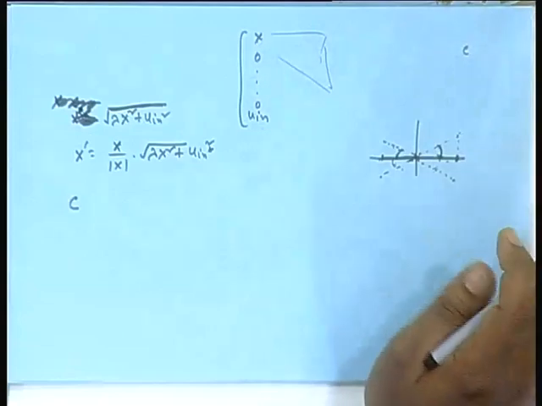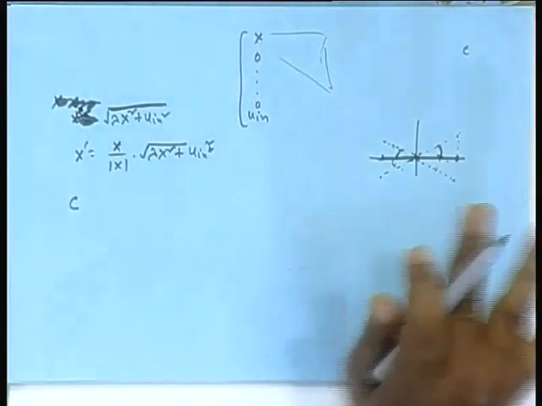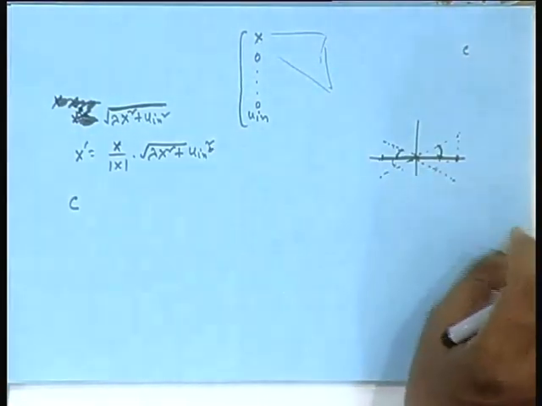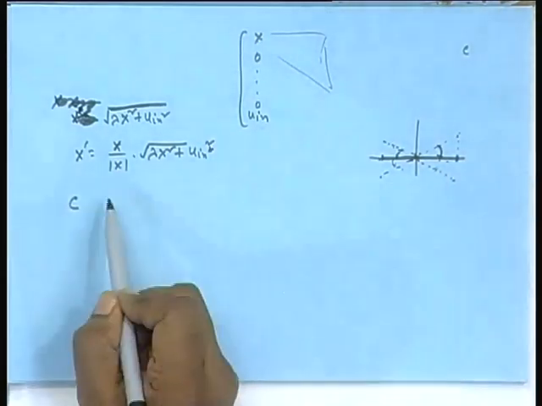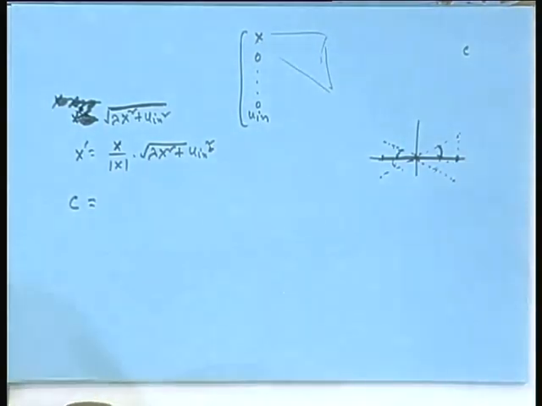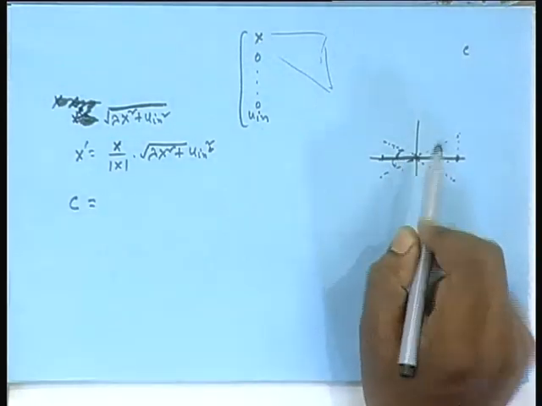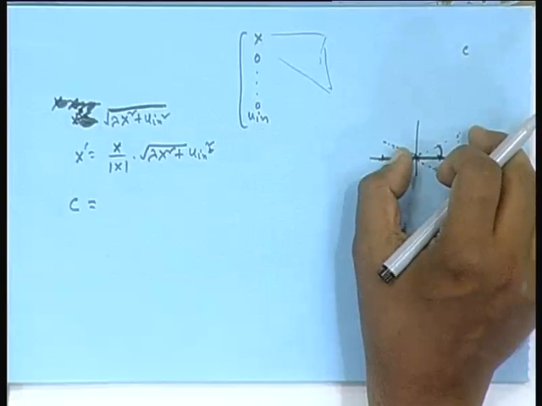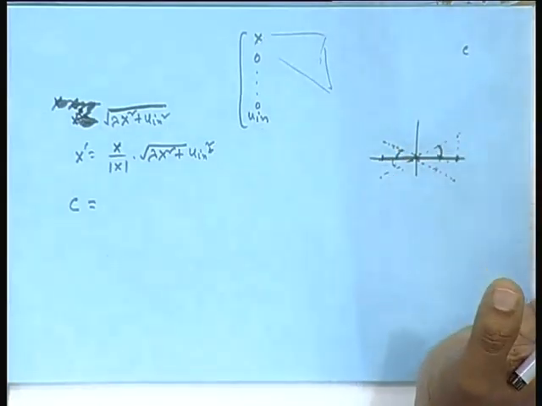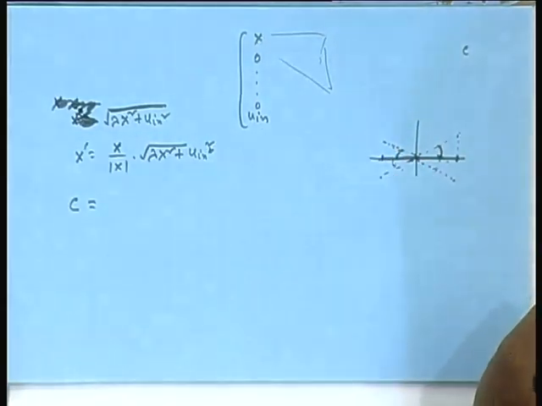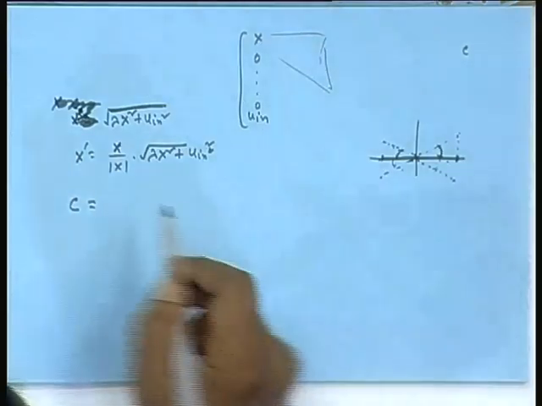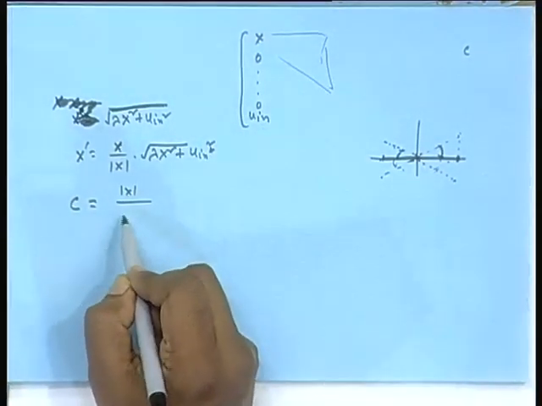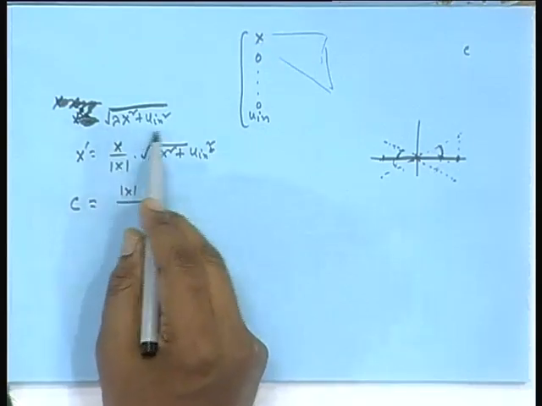But again, this is straight, elementary trigonometry, all of us, I mean, not me, but certainly you people are very smart on this. You know, so C will be what? Simply, don't bother about sine and all, just take the mod of the base, mod of the hypotenuse, the ratio, isn't it? Because C is always positive. So, that means C will be your mod x divided by this quantity.